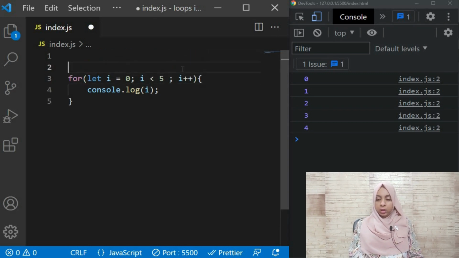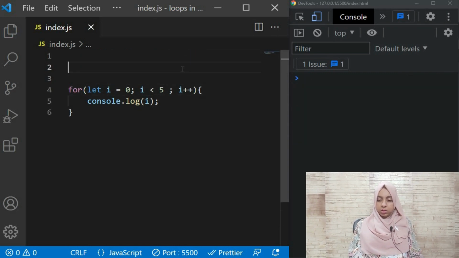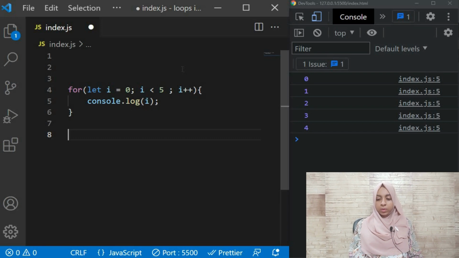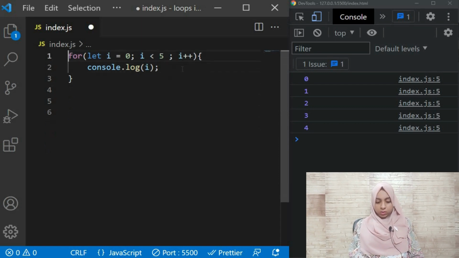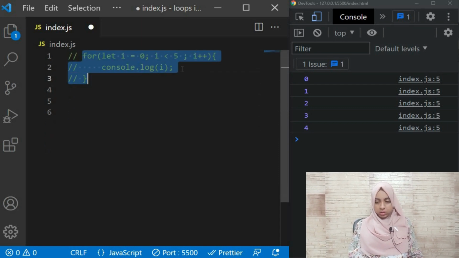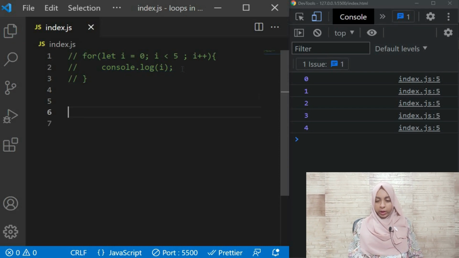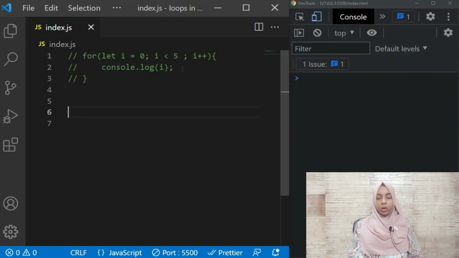And now let's look at the while loop, and then we will see how you can use it to print items of your array. Okay, so this is how your for loop works. So let's comment this and let's look at our while loop. Now our while loop also does the same thing as our for loop, but the syntax is a bit different. So here we can initialize it first, for example let i = 0,